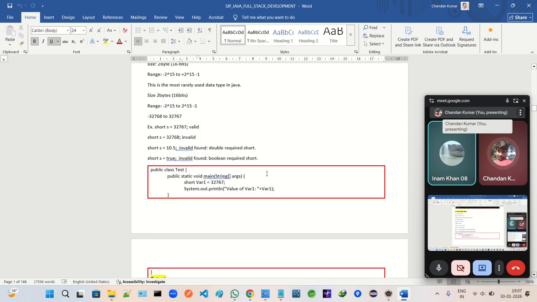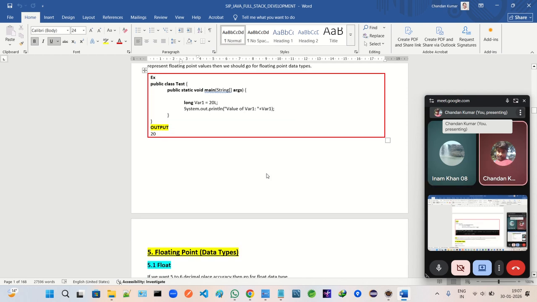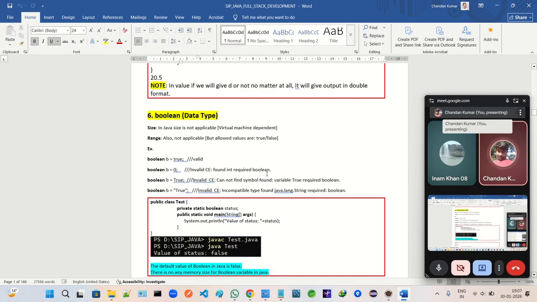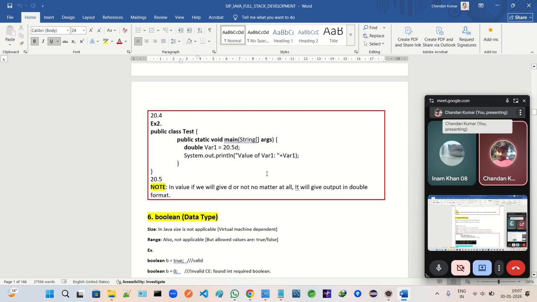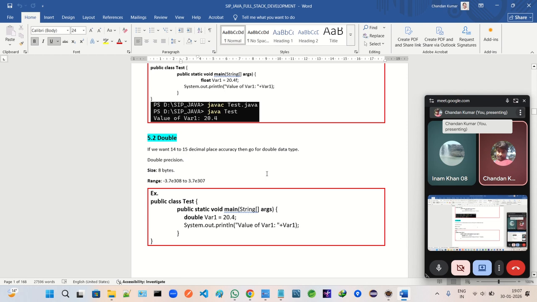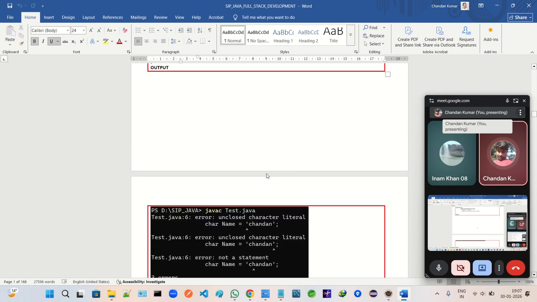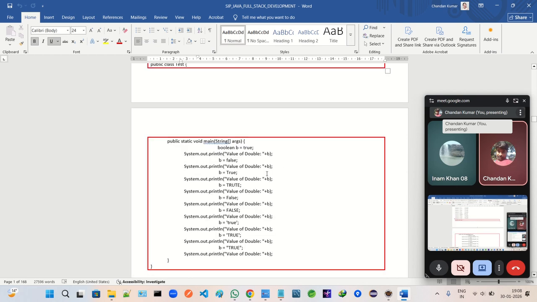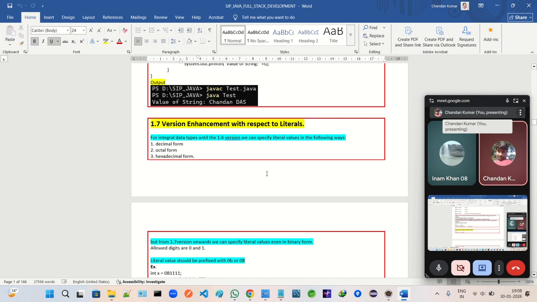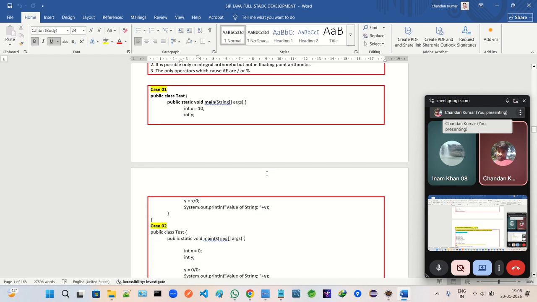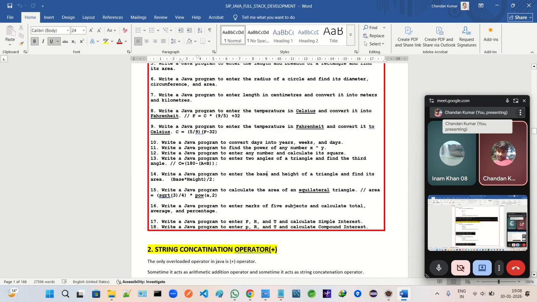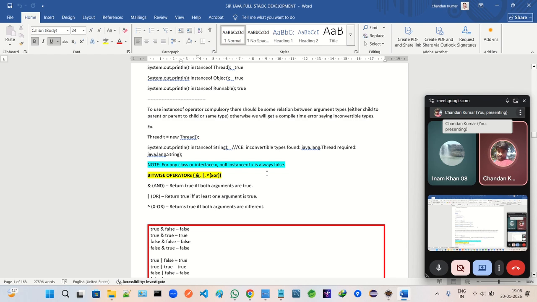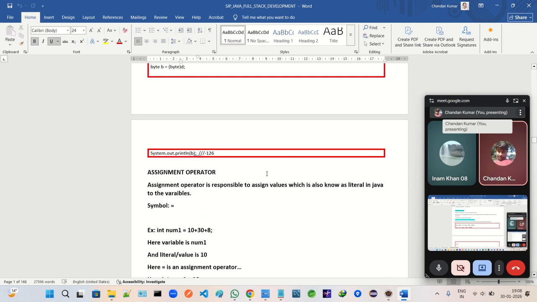Already completed. Now we are continuing with data types, right? In the data types we have also completed more. Not in data types, we are continuing with operators, right? So in that operator we have completed